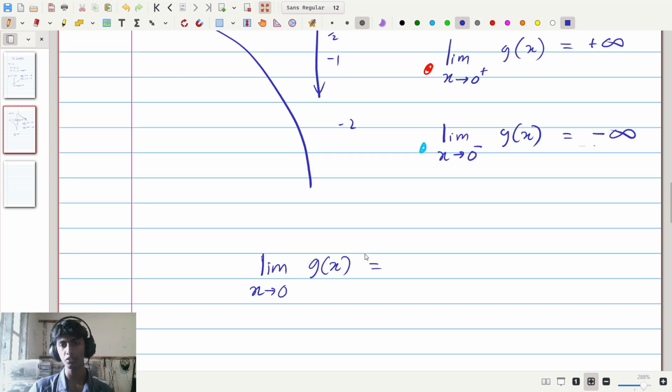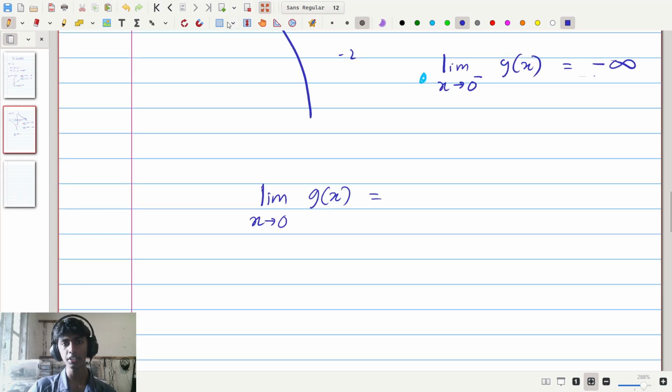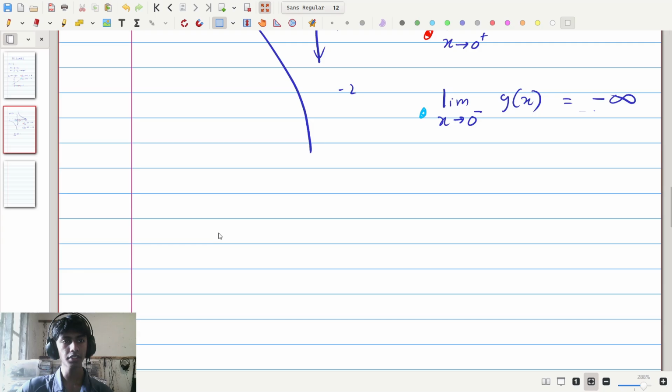It does not exist because the red limit and the blue limit, the limit from the right hand side and left hand side, do not agree with each other. So we can say as a condition, we could say the limit as x approaches a of, let's say, f(x) exists